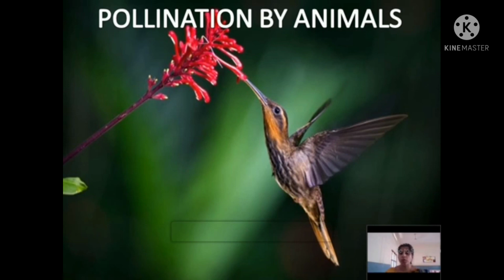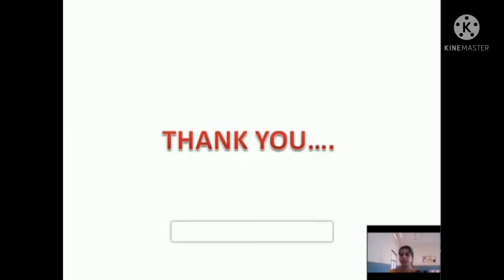The plants which carry out zoophilous type of pollination have flowers with hairy pollen grains, so they can stick to the body of animals. When these animals come in contact with the flower of another plant, they deliver the pollen to its stigma. Like this way, they achieve the pollination. Okay. So I hope all of you understood this topic. Yes. Thank you.